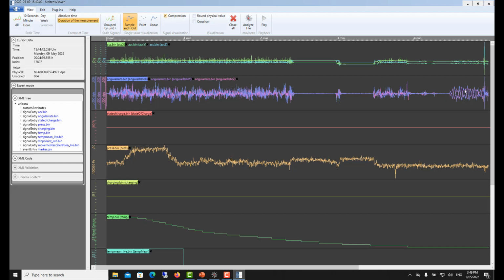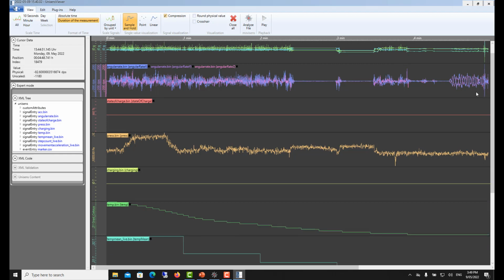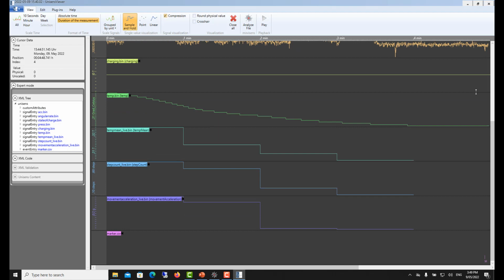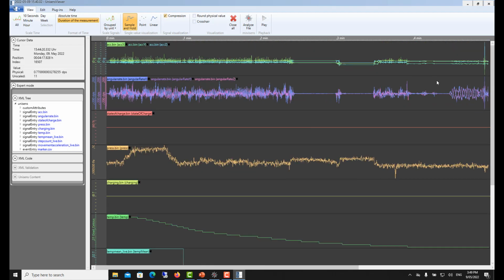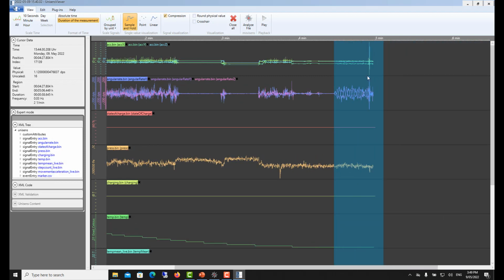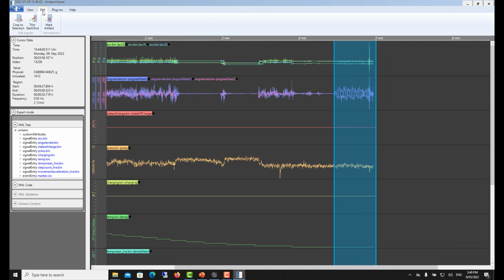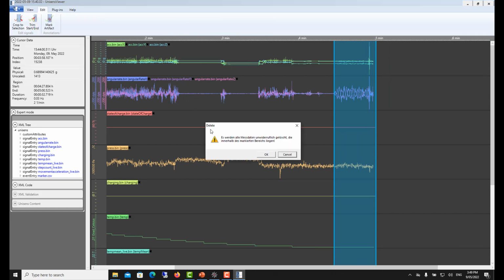And here's a cool thing you can kind of see with the angular momentum, because I was swinging around on the office chair, waiting for the measurement to stop. So obviously nothing critical about this, but what I could do is I could say, actually, this bit that's swinging around the office chair, I don't need to analyze that. So I can just come here, select that, go to our edit, trim the start or the end, and then